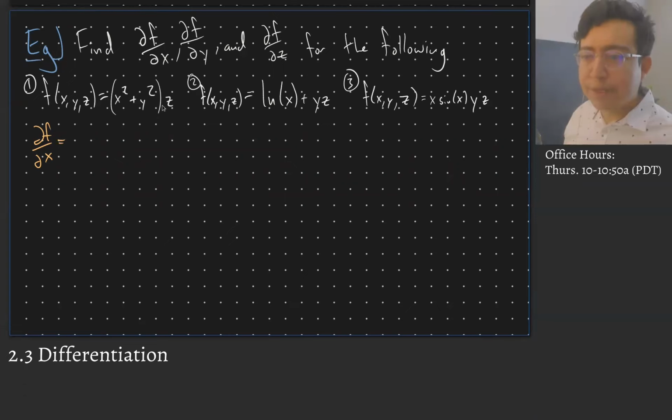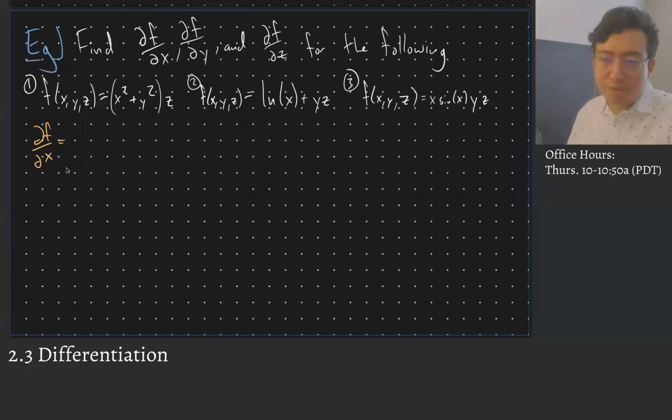So what we do is we treat this z and this y as if they were numbers. Pretend this is like a 3 and this is like a 4, and just treat them like numbers. Okay. So remember, when you take the derivative and there's a constant being multiplied, you can just pull that constant out of the derivative, and then the derivative of